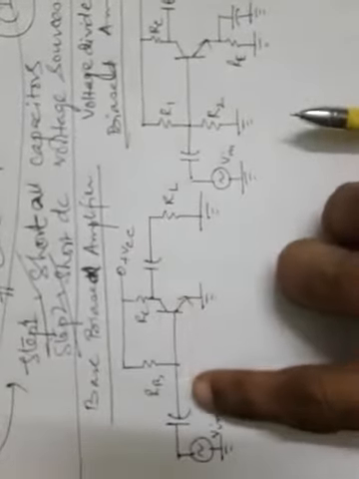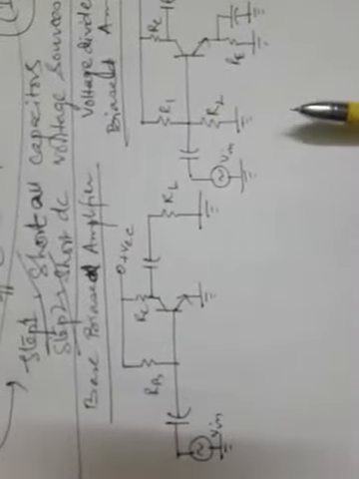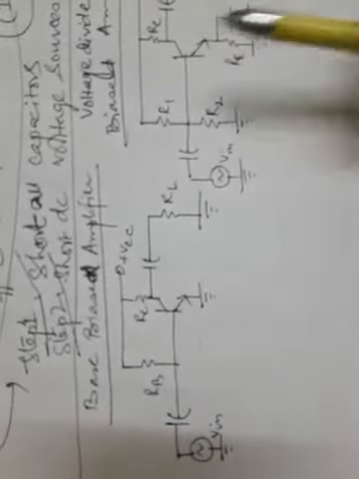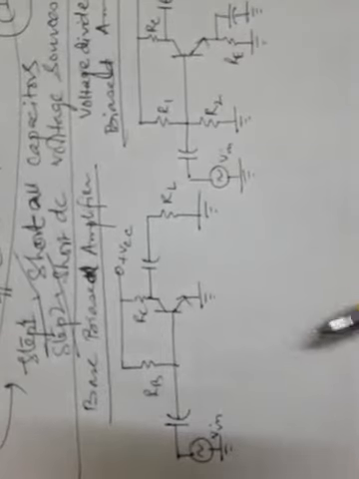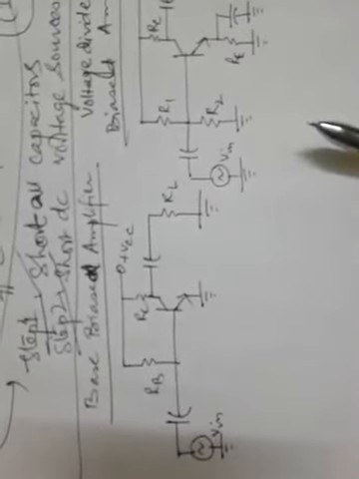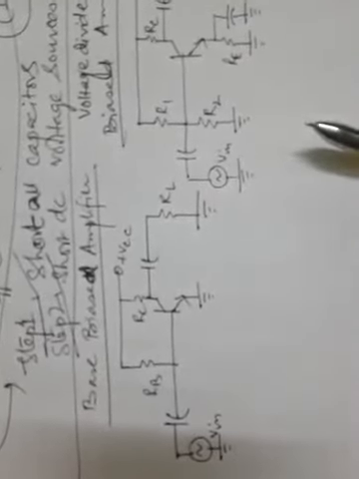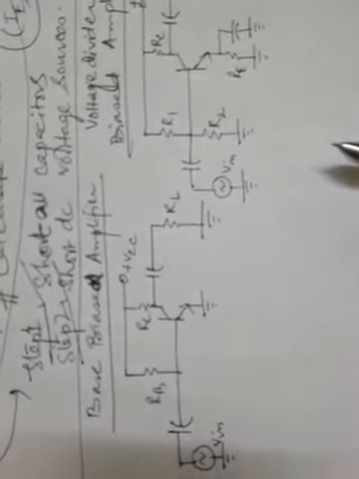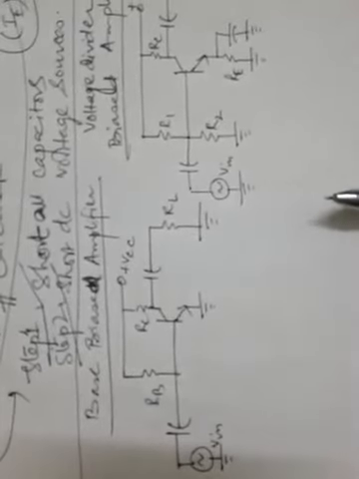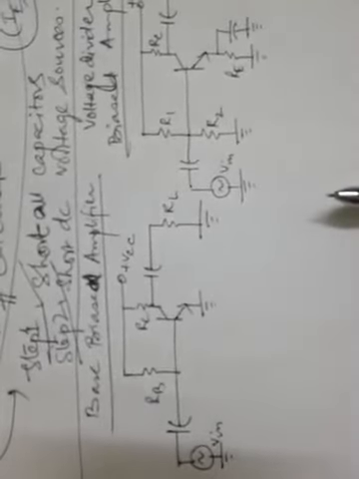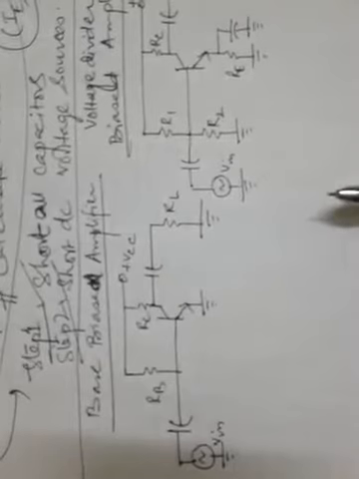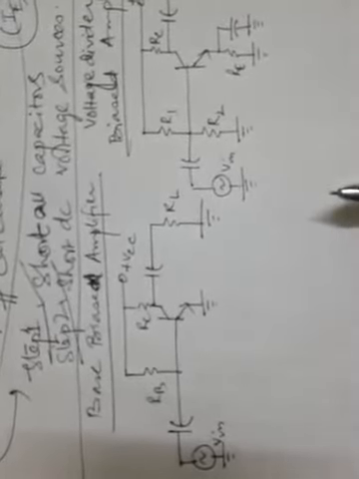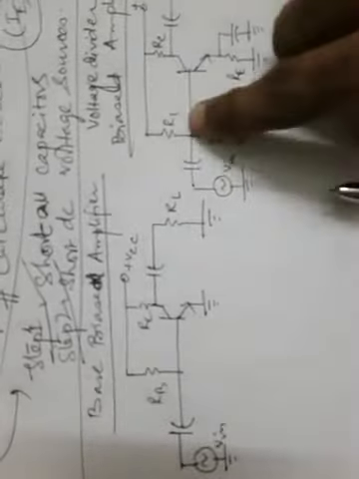All the DC voltage sources and capacitors, that means this one and this one, will be shorted. And in the same way, in this voltage divider amplifier, its AC equivalent circuit can also be drawn. All capacitors and DC supply sources should be shorted, and the transistor is replaced by the corresponding either T model or pi model. And in the base circuit, the AC input voltage appears across this resistance R1.